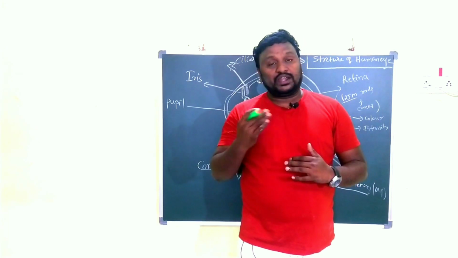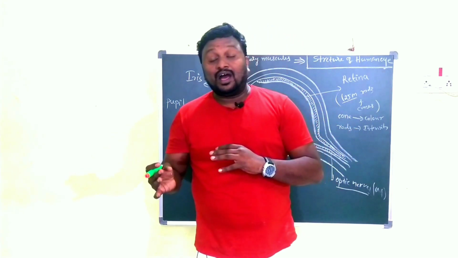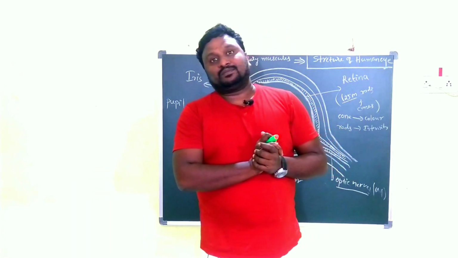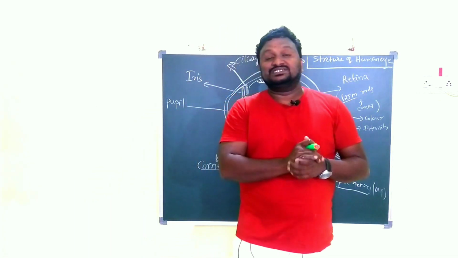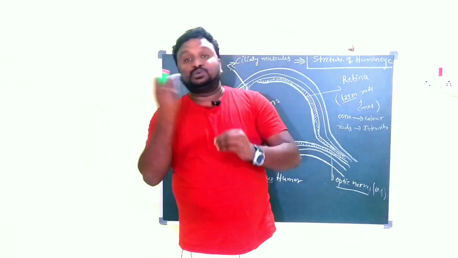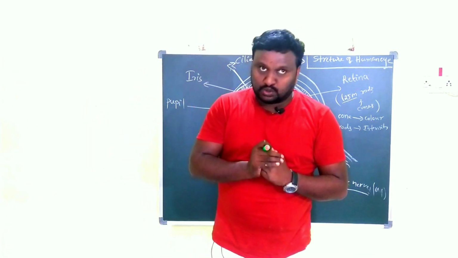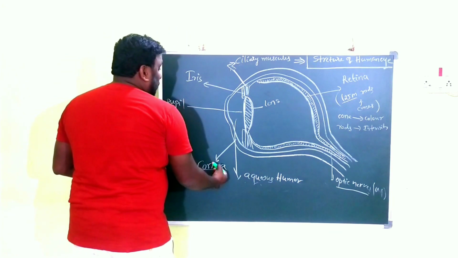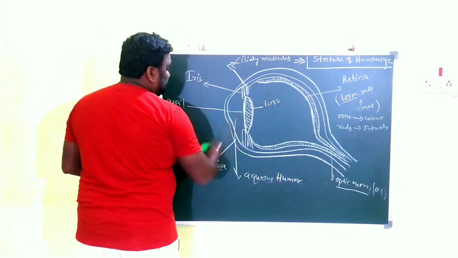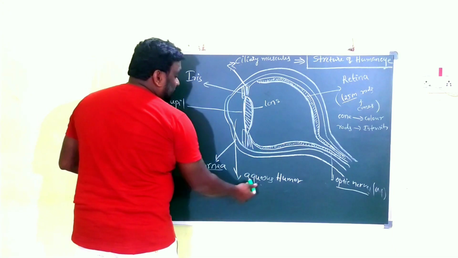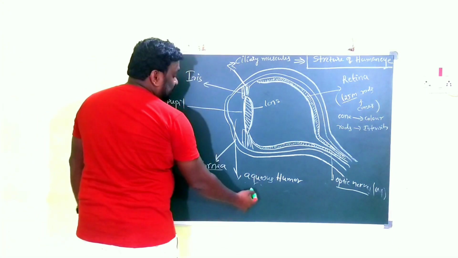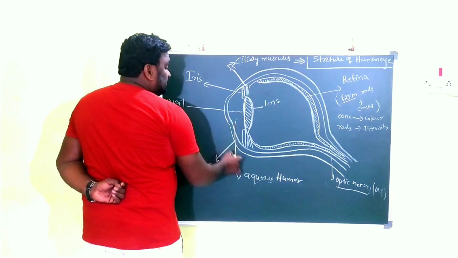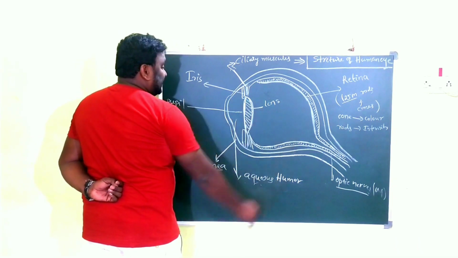And in this case what you have to observe is that the cornea and aqueous humor are both transparent. Both are transparent surfaces. That means they can allow the light through them. So that is about the cornea. The cornea always tries to protect all the inner parts. Behind the cornea what you have? Aqueous humor is there. Aqueous humor is nothing but liquid, that also allows the light.